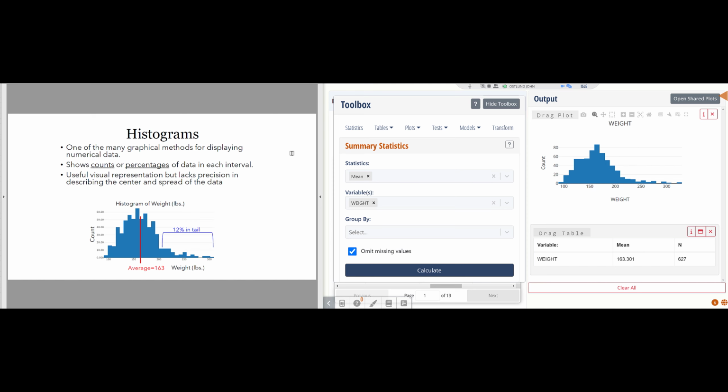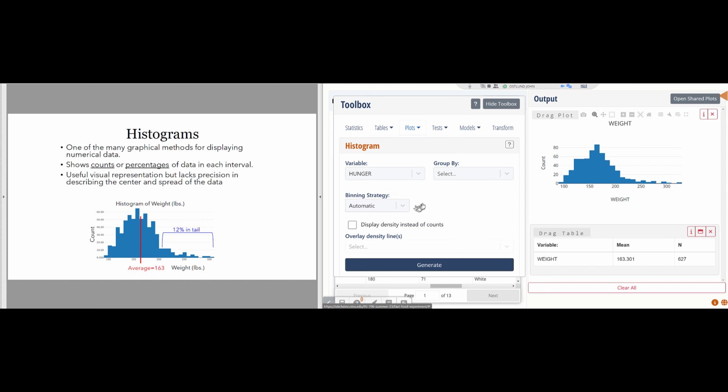All right, so that is histograms. They do give you a sort of quick visual description of how the data are distributed. They give you an idea of whether the distribution has an obvious sort of center with declining left and right tails. Gives you an indication as to whether there are some so-called outliers, but it's really not very precise. And in fact, if I go back to the